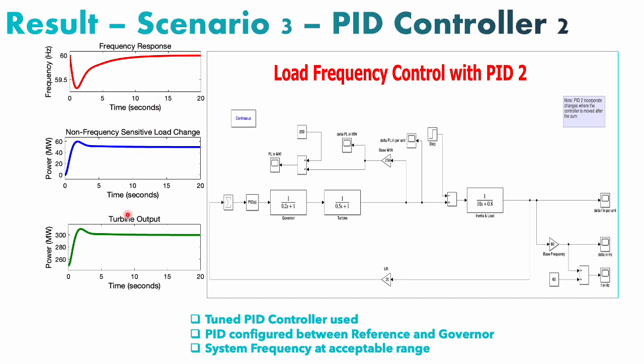And when we look at the power system that was injected into the existing grid, we had a much more stable load change. The turbine output was what we expected, with very few oscillations and overshoot. We had a very minimal overshoot. So I would prefer PID 2 over PID 1, because PID controller number 1 had a lot of oscillations and overshoots, but this really helped with the oscillations and overshoots.